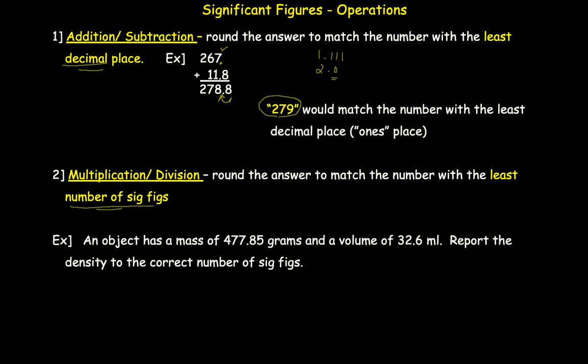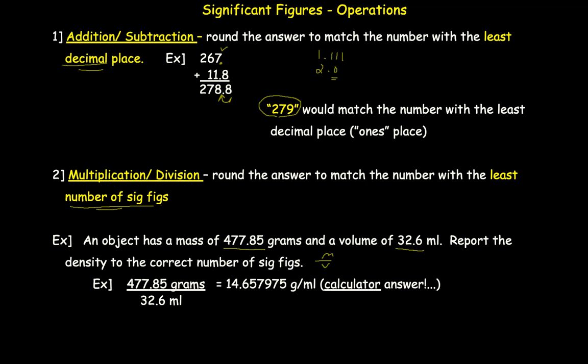So for example, let's just say you have an object and the mass is 477.85 grams, and you have a volume of 32.6 milliliters, and you want to report the density. Again, you're going to do the mass divided by the volume. You take the 477.85 grams and divide it by 32.6 milliliters, and your calculator would spit out this big number,